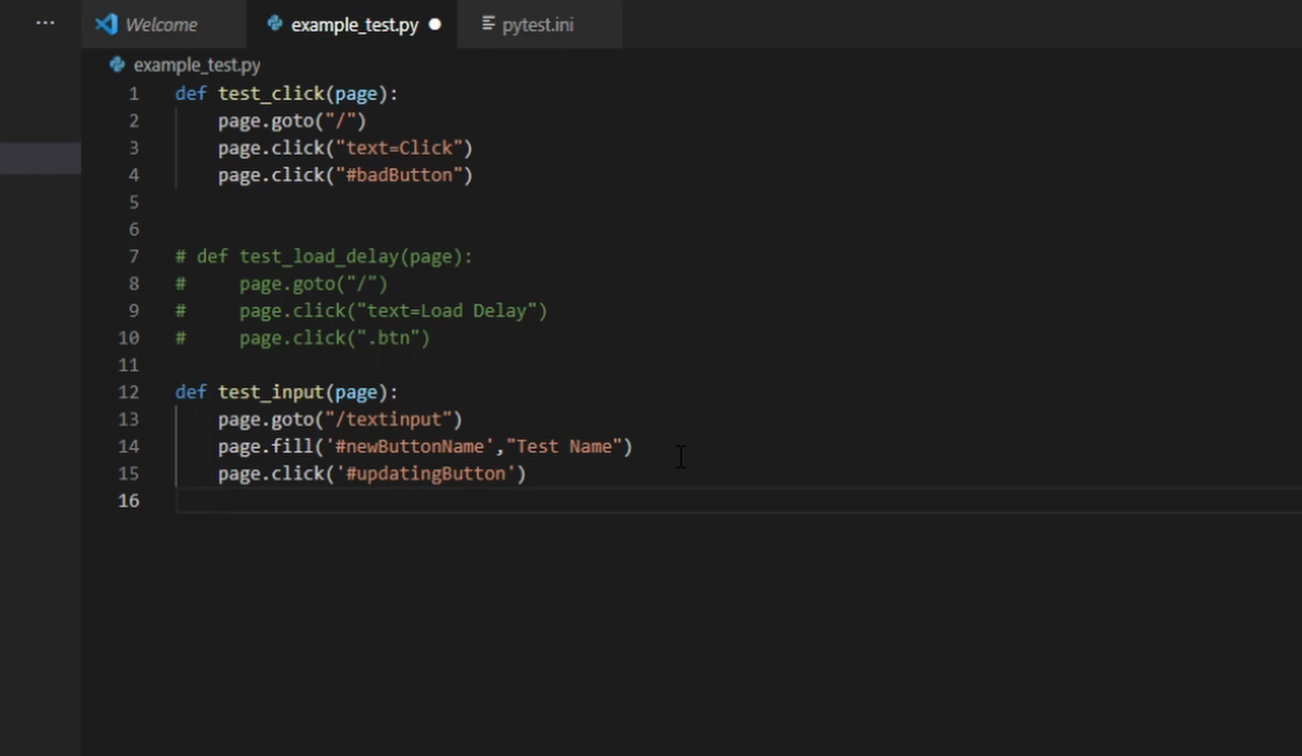Now at this point, we've actually changed the text. And if you want to, you could assert before you change the text too, but there's no real point since that's how the page draws. But we want to make sure that the text is changed. So we're going to type assert page inner text. And then we're going to put our ID that we're looking for of the updating button, just like up above. But then we're going to set that equal to. So what this inner text will do is return that text value,